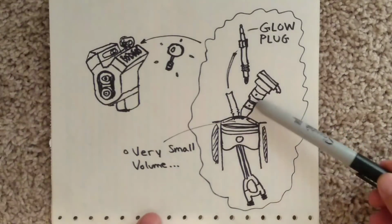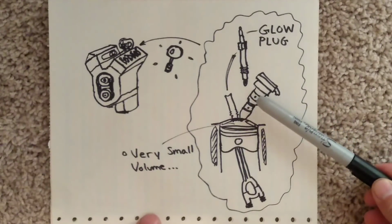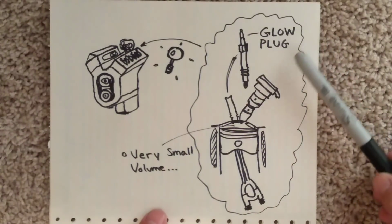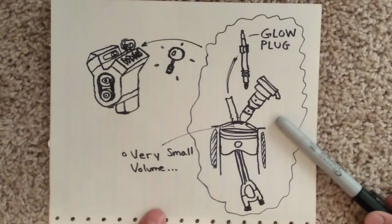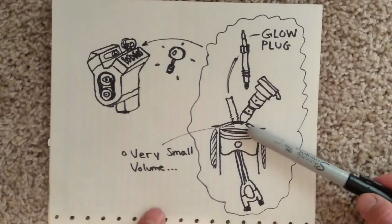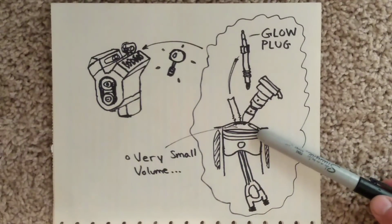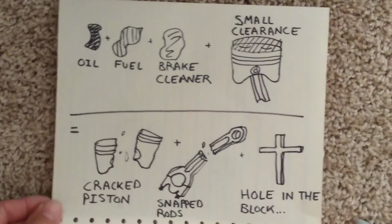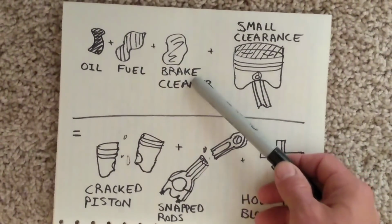If you think about it, let's say you have your fuel injector, it's connected to a fuel rail and an oil rail. When you pull that out, even though you may have bled out the oil from the oil rail, there's still going to be a little bit of stuff that's going to fall into the top of your cylinder. Now, the issue is that that stuff is not compressible. You'll have things like oil, fuel, and brake cleaner